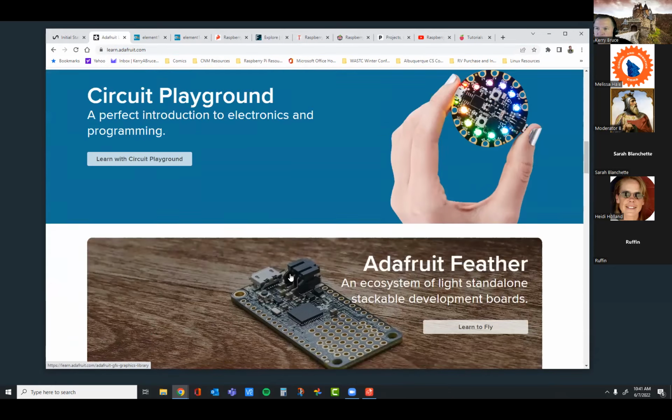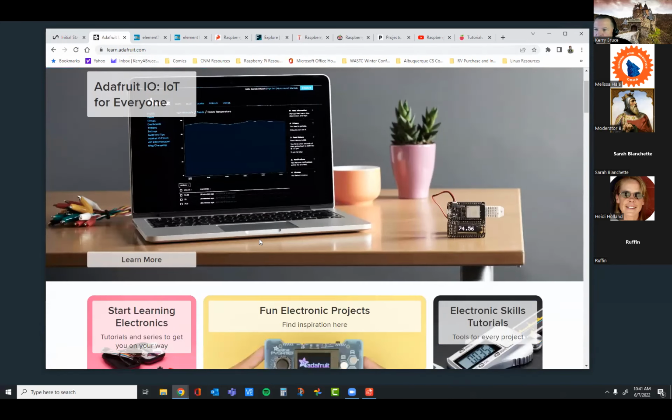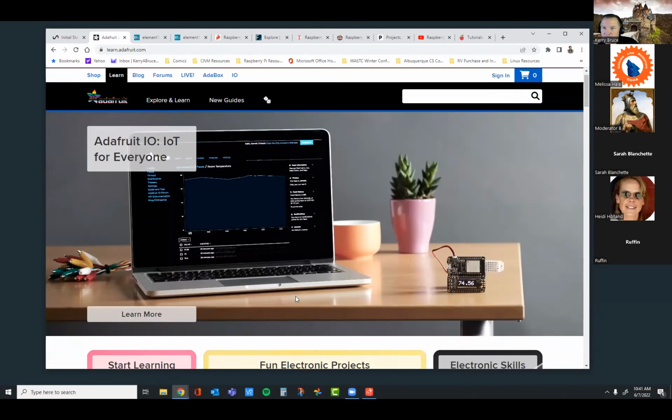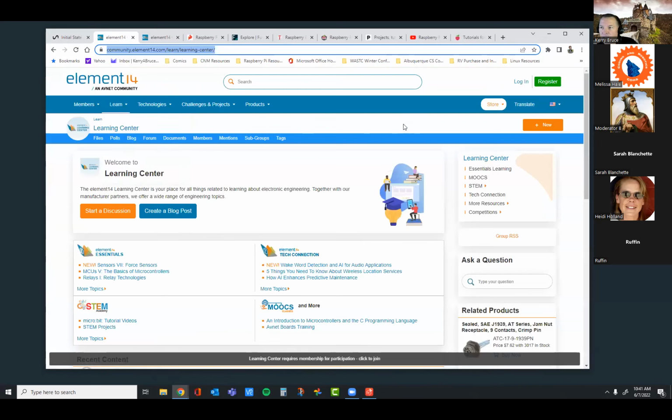You can probably search specifically for Raspberry Pi items. I just wanted to give you the main link to their Learn page because if you're using Arduinos, this is going to be a good place to get some Arduino tutorials as well, right? So good site there. Again, all these are listed. If you have other ones and you want to add them and let me know about them, we'd be more than happy to show those.